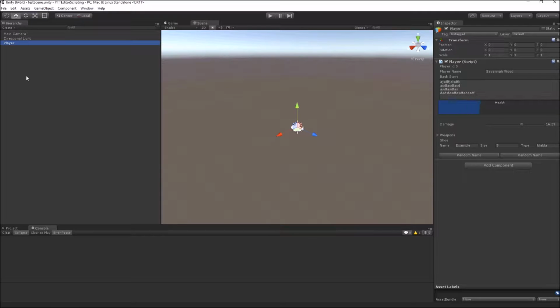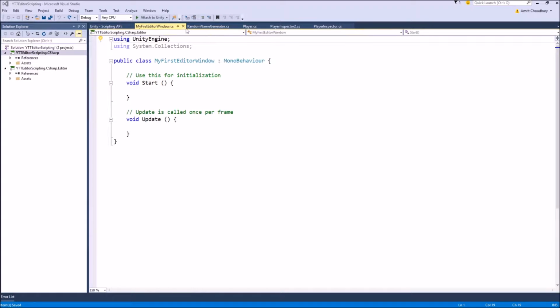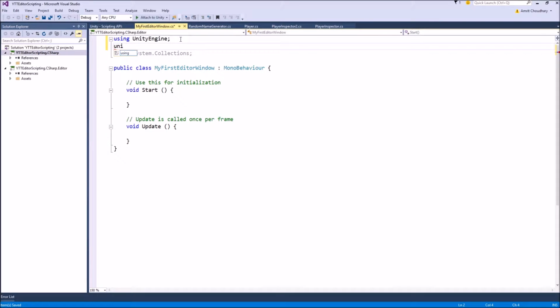So in this video we will talk about how we can create our own editor windows, which are very helpful for creating tools that can be used throughout our projects and do really advanced stuff like creating a dialog system, creating a node based editor, and even creating simple tools like saving your scene, bug reporting, and counting lines in your project. Next, we include the Unity editor namespace using UnityEditor, and our custom editor window class should derive from the EditorWindow class,